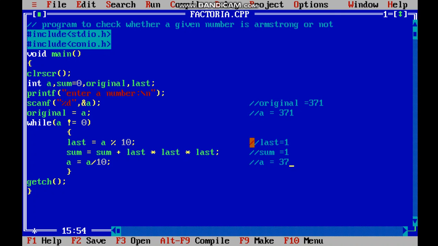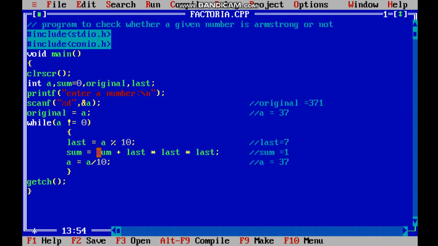Now a value is only 37, which will go again to the condition and will check 37 not equal to 0, true. Again the curly braces, last equal to a modulus 10. So a was 37, a modulus 10, our remainder will be 7, right? So our last remains 7.